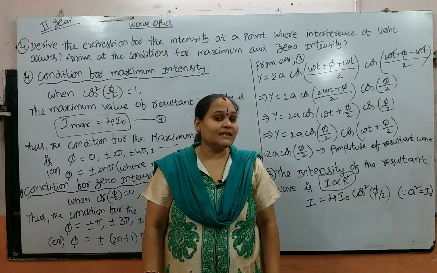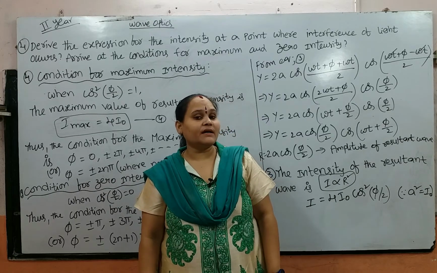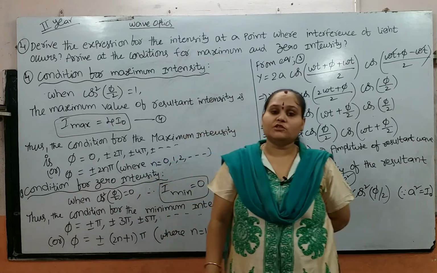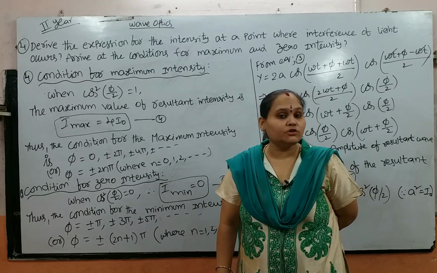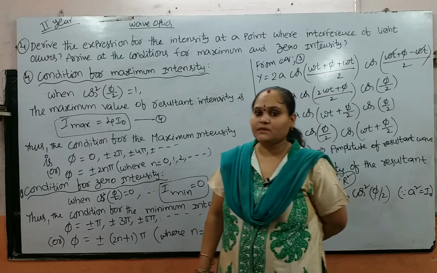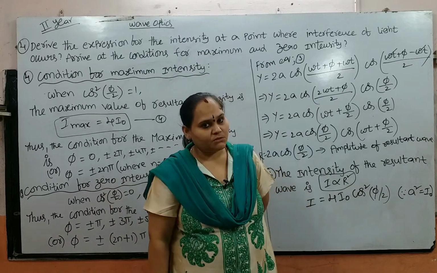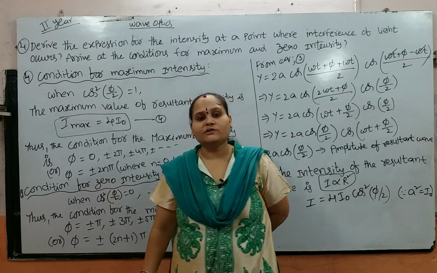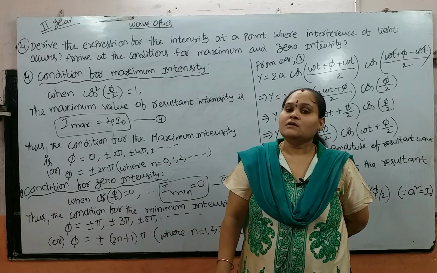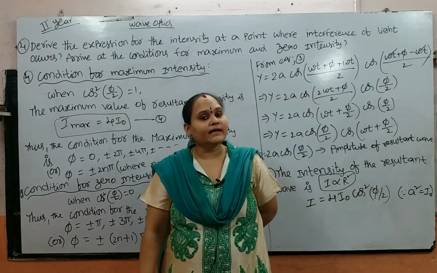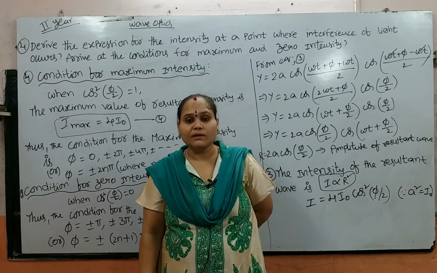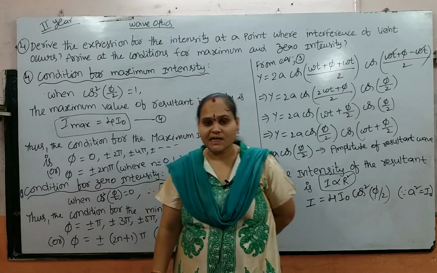The resultant wave having displacement y will, by the superposition theorem, be equal to the sum of the individual displacements. So for this purpose we use the two displacements. Y will be equal to y1 plus y2, where y is the resultant displacement. Substitute the y1 and y2 values in y. We will get y equal to a cos omega t plus a cos (omega t plus phi).